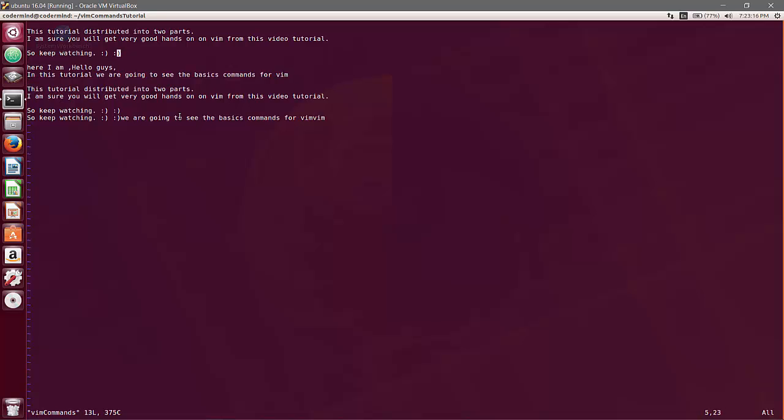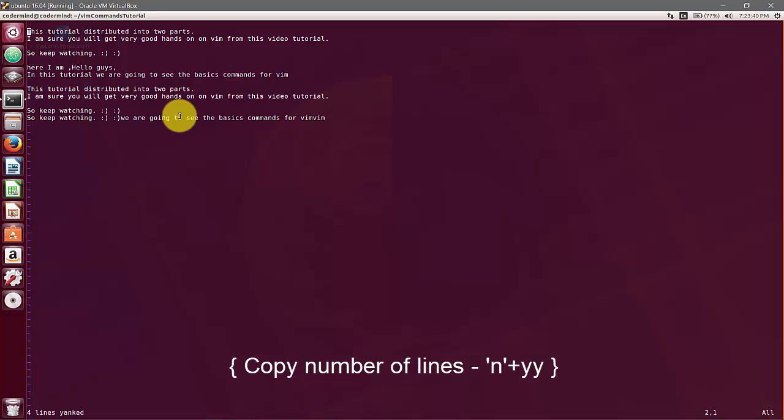Now suppose you want to copy a bunch of lines. I want to copy 4 lines from this line. I am at line number 2 and I want to copy 4 lines from there. Simply in command mode, press 4 and y.